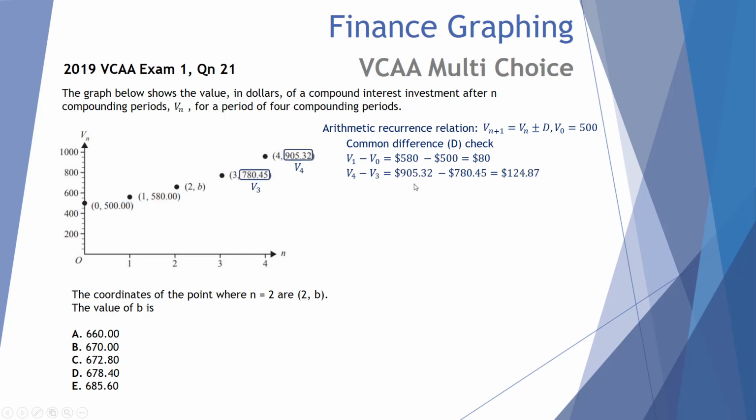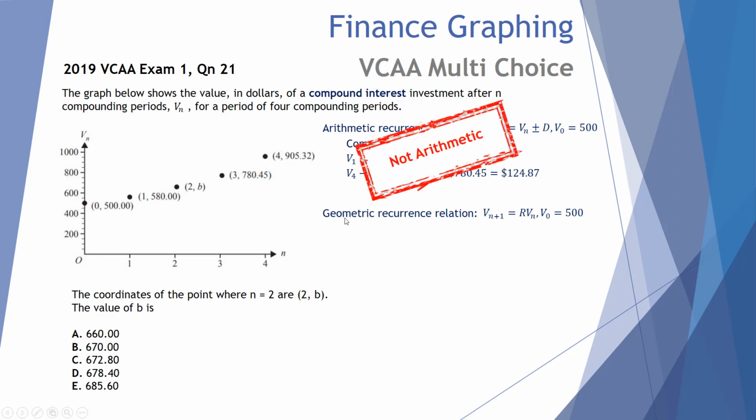But then if I jump up this other end and I compare these two sequential values, V4 and V3, I find the difference now is $124.87. This is not a common difference relationship, so it's not arithmetic recurrence. It must be a geometric recurrence, whereby each successive term is related to the other by multiplying it by